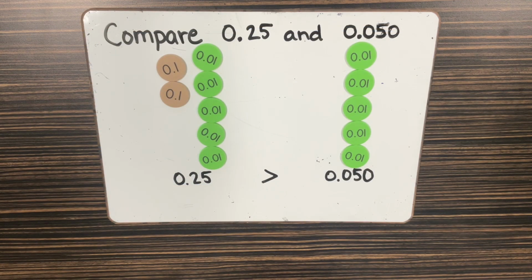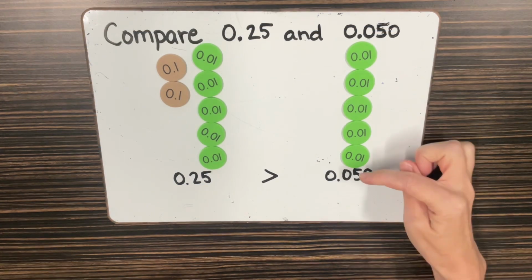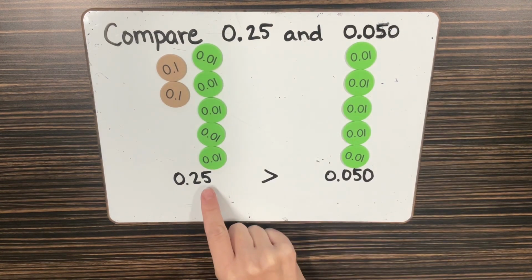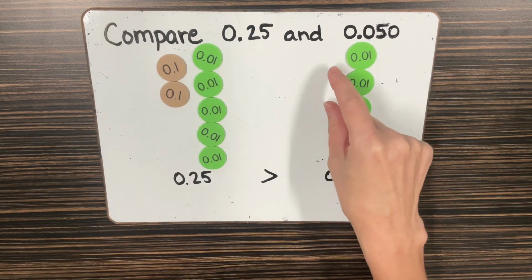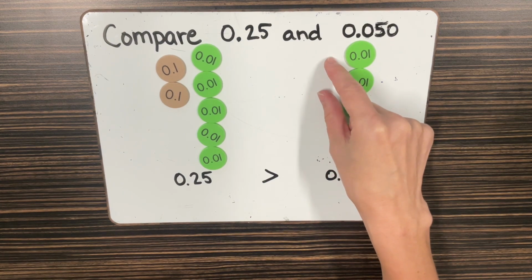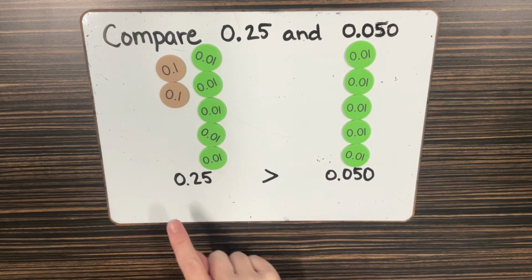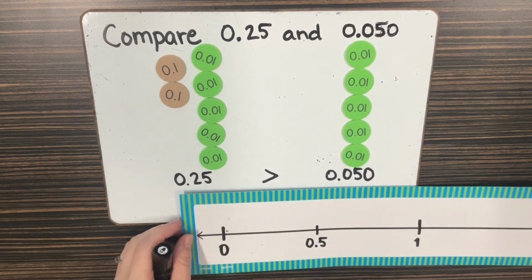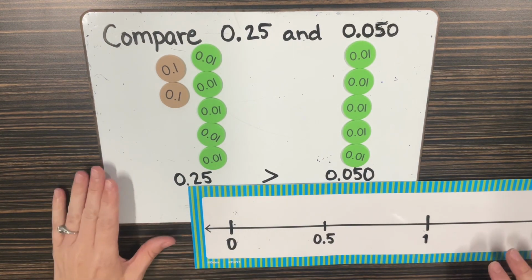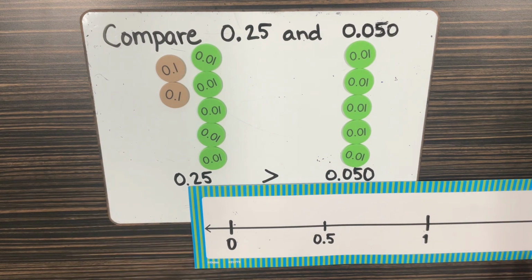Here, I've used my place value discs, and I can see that the 5 hundredths is the same, but this has 2 tenths, which is a lot more than this one. So I know that this place value is greater. That matches. I also want to check with my number line using my benchmark